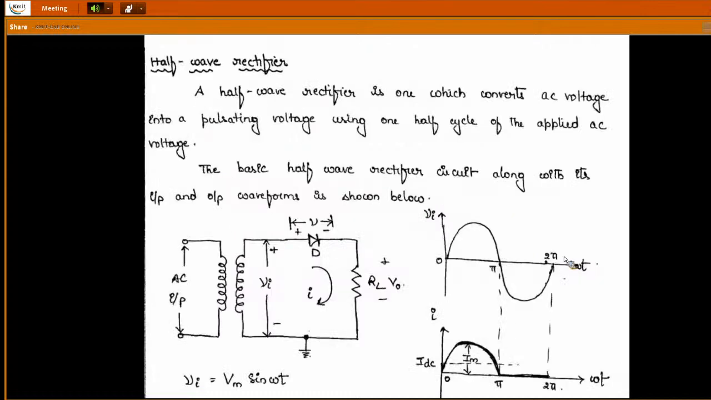Okay. Now we will see the mathematical part of the half wave rectifier. Meanwhile,